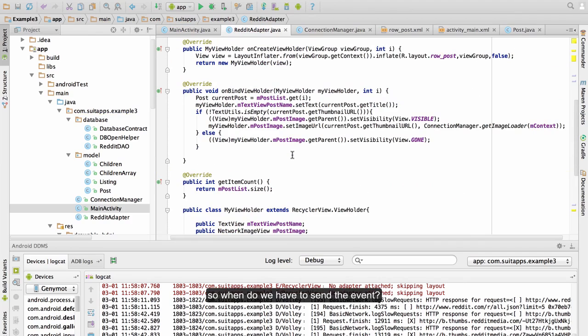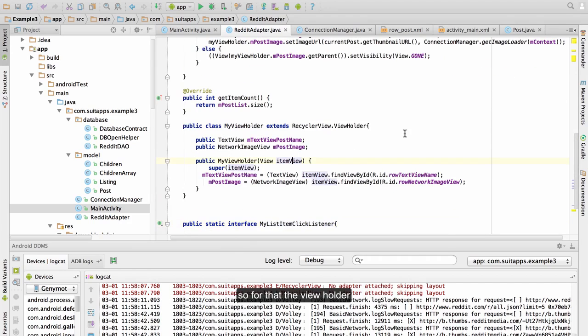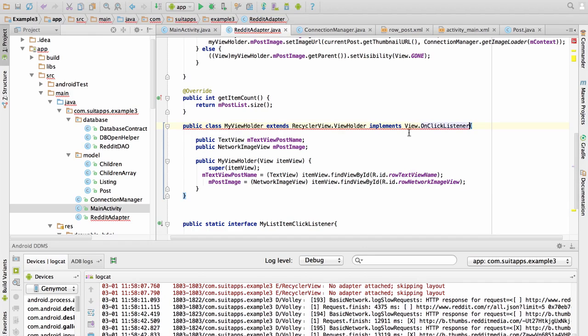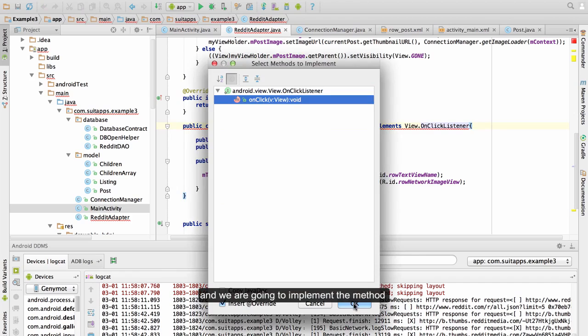So when do we have to send the event? We have to send the event when someone clicks on the list. So for that, the view holder is going to implement the View.OnClickListener, and we are going to implement the method.